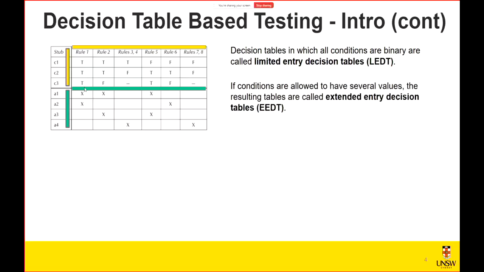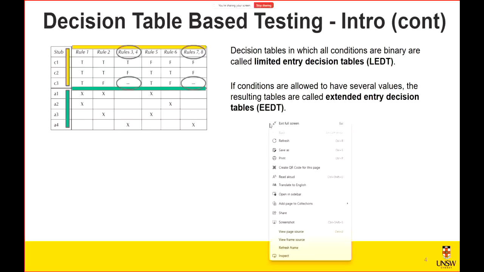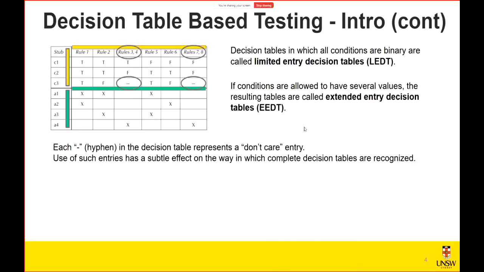And there are some cases where each condition can take multiple different values rather than just true and false. These tables are called extended entry decision tables. And you don't need to get worried about all these different definitions here. We will learn them with some examples later. And you may notice that